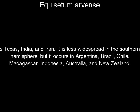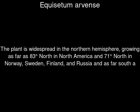Pasture, Texas, India, and Iran. It is less widespread in the southern hemisphere, but it occurs in Argentina, Brazil, Chile, Madagascar, Indonesia, Australia, and New Zealand. The plant is widespread in the northern hemisphere, growing as far as 83 degrees north in North America and 71 degrees north in Norway, Sweden, Finland, and Russia, and as far south